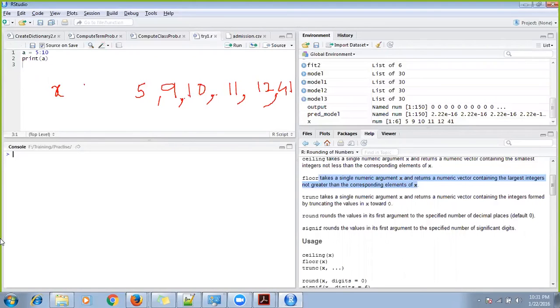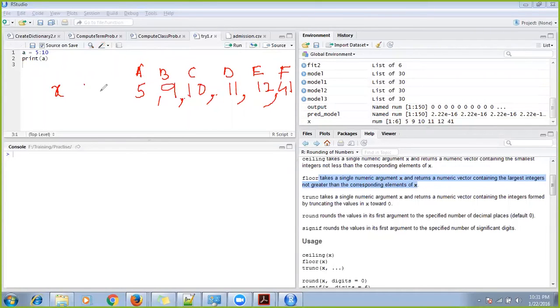Let's say this belongs to a person called A, this belongs to a person called B, this belongs to C, this belongs to D, this age belongs to E, and this 41 belongs to a person called F, just for simplification.